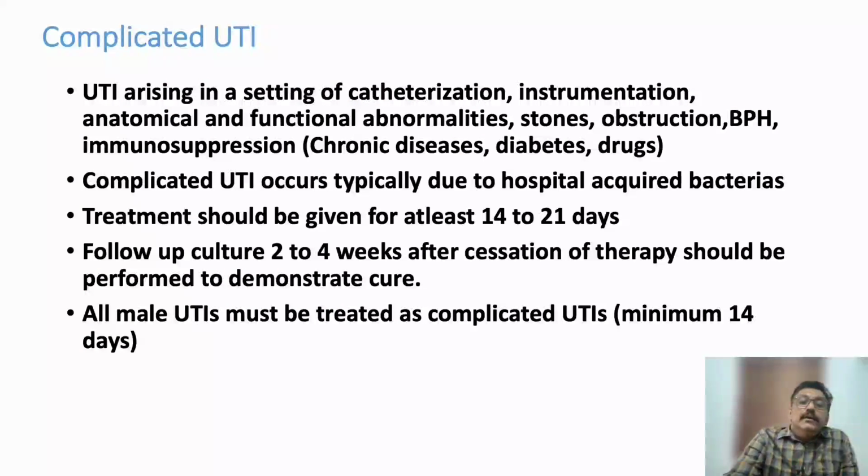Now, complicated UTI, we already discussed that there is an element of structural deformity in complicated UTI, and patients who are immunocompromised, like those with diabetes. The problem with these types of patients is that even if we treat for 1 or 2 weeks, the bacteria can remain inside the urinary tract because there is a structural deformity. Bacteria can remain in the urinary tract for a longer period. So it is better to treat the patient for a minimum of 14 days, and sometimes we have to give prophylaxis for the patient. Prophylaxis we'll discuss afterwards. That has to be given for many months.